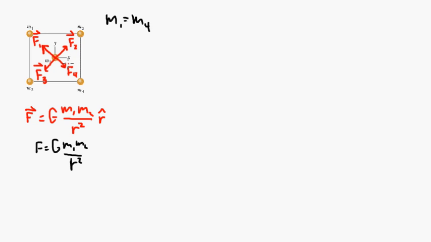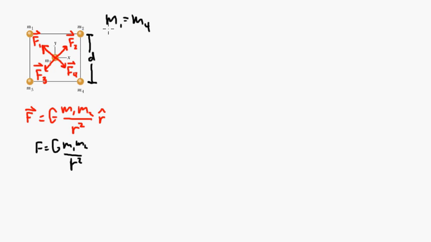Now, this is a square, right? And there's some side length to the square. I'm going to call that D, I think. So actually, I'll do that in black. Okay. So D is the length of the square's sides, and that's given to you in centimeters. You have to convert to meters. But anyway,